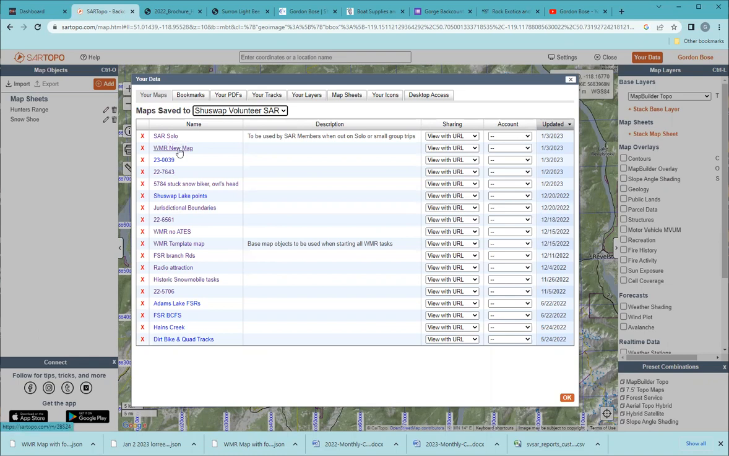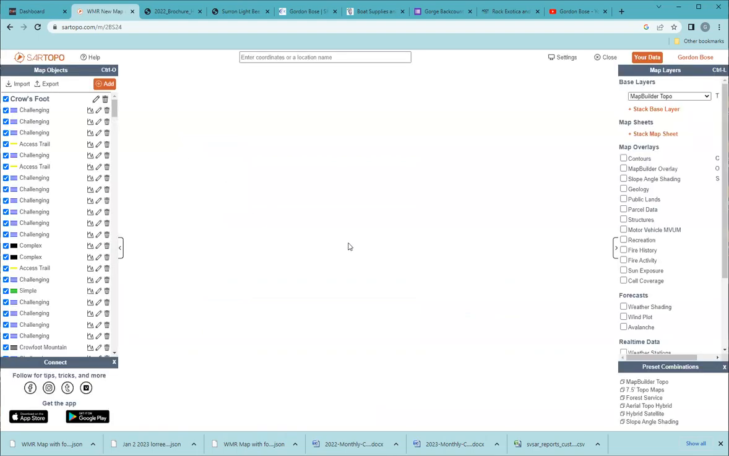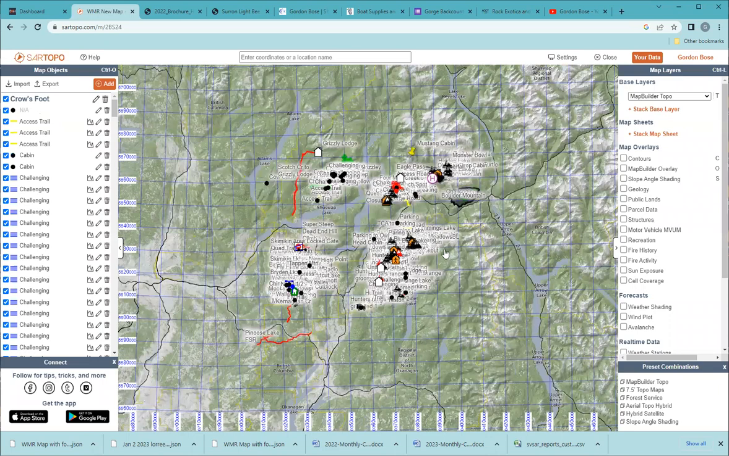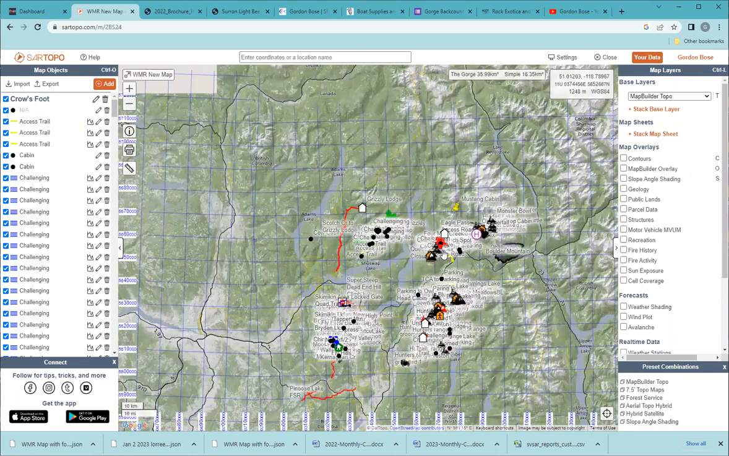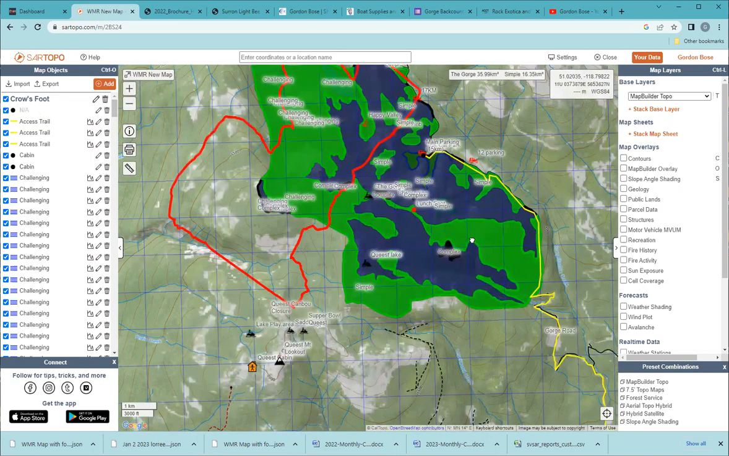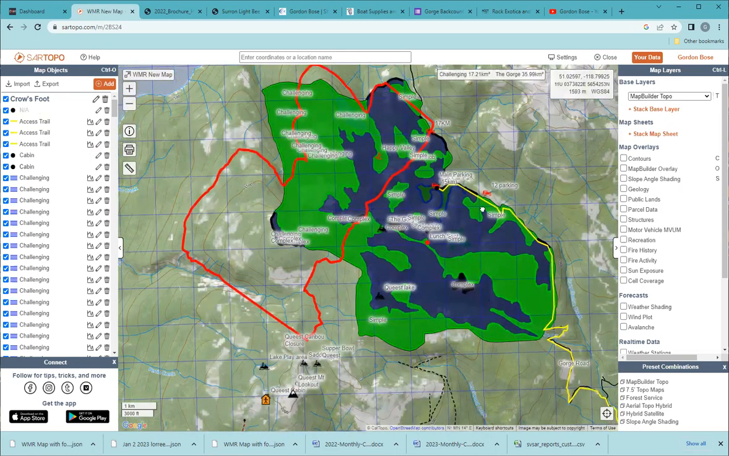So I'm going to start by bringing up this winter mountain response map, and it's going to be fairly busy because there are a lot of items that are on the map, but I'm going to zoom in to make it a little bit less busy for us. Okay, so this is one of our popular ski and snowmobile areas